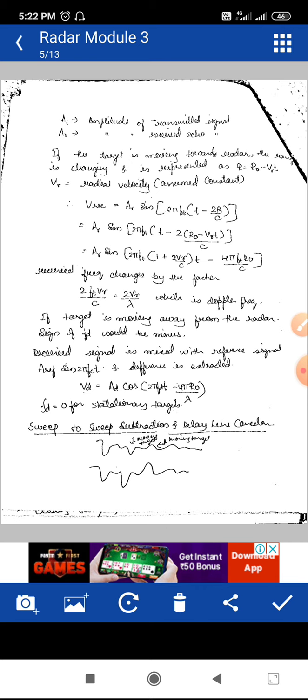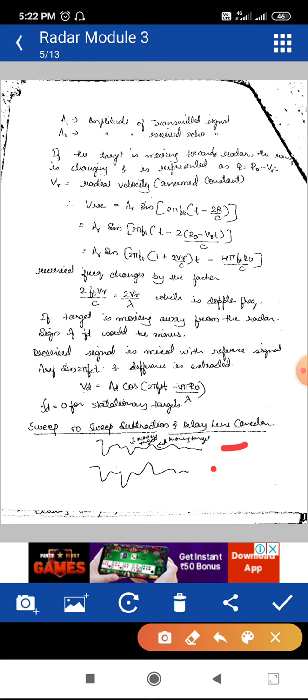The figures below show the output after the Doppler filter. This is a bipolar signal, with positive as well as negative values. When you take the output and one more delayed version of the output, we have to subtract both.